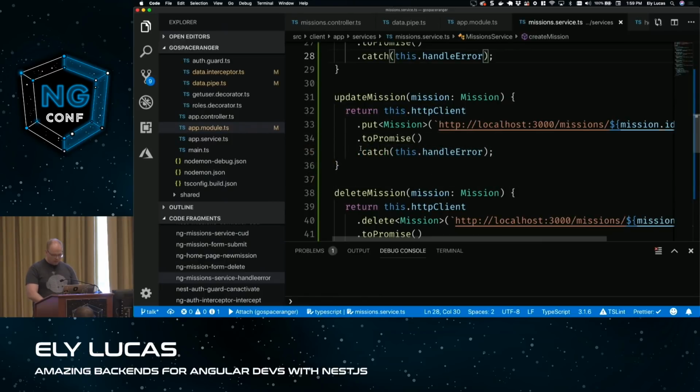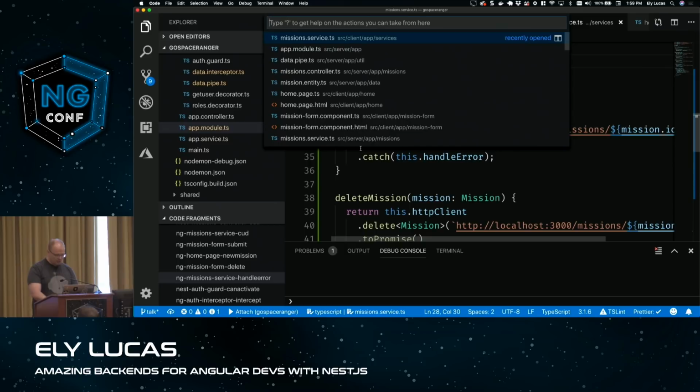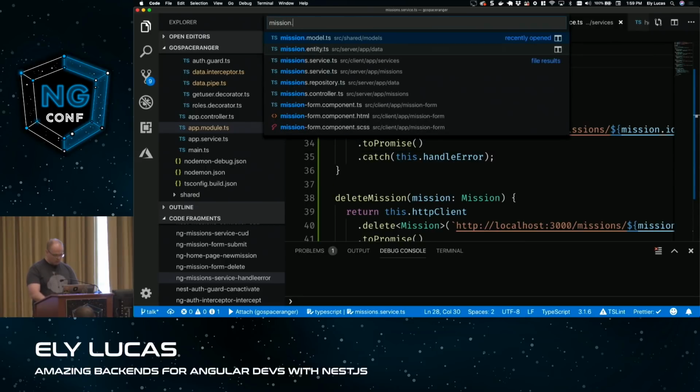Now, I encourage you to take a deeper look into the class validator library. There's tons of validators that you can use. I want to show another one real quick. So if I go back into my mission entity,